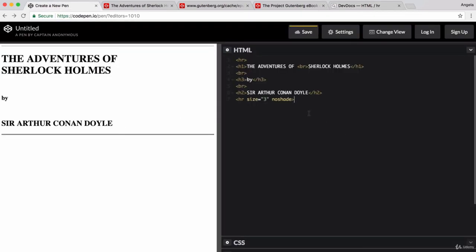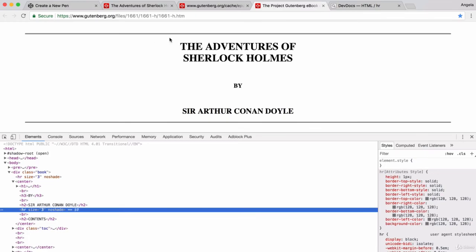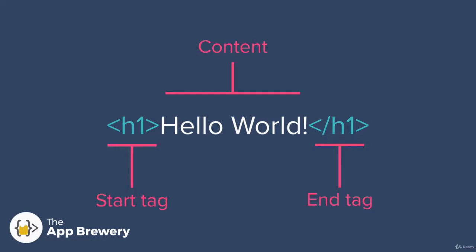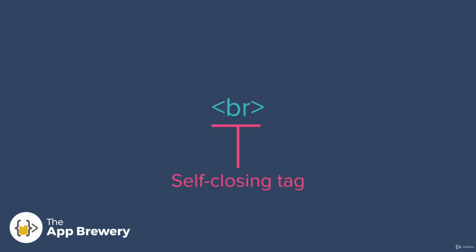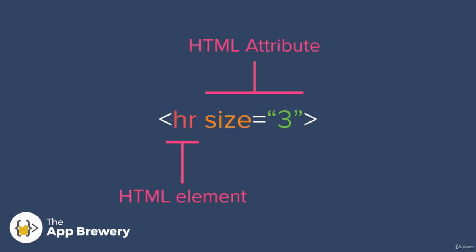So now, once our code updates, you can see that this brand new horizontal rule looks completely different from what it was before. And we can copy this over to the top as well, so that our horizontal rules look exactly the same as what we've got over here. So now we've seen HTML elements that require an opening tag as well as a closing tag. We've also seen HTML elements that have a self-closing tag. And finally, we've seen that HTML elements can also have an attribute where you can specify modifications to the default